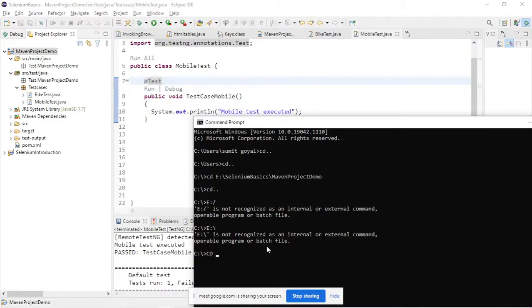Okay, let me type E. Okay, so now we need to write like this.